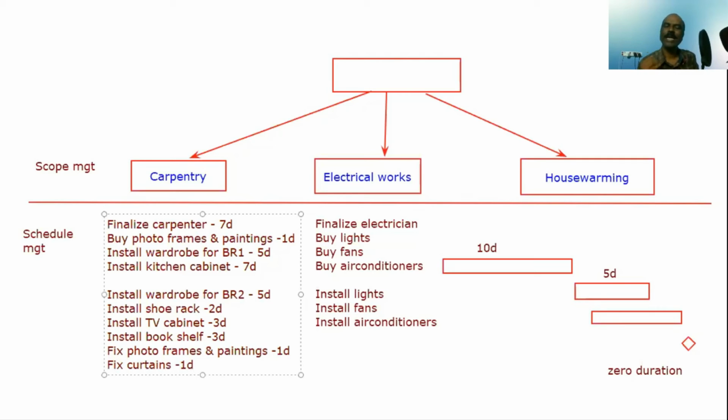So the next step is to estimate the duration. The first step, coming up with a list of activities. The second step, sequencing them. The third step, estimating the duration for each of the activities. So you may be in discussion with the carpenter, and you may come up with the duration, because sometimes you may not be able to estimate exactly. So you need to talk to him, you need to negotiate with him. Sometimes he will say, oh, it will take 2 months, 3 months to finish the project. You need to negotiate with him and come up with a duration. So this is the third step.